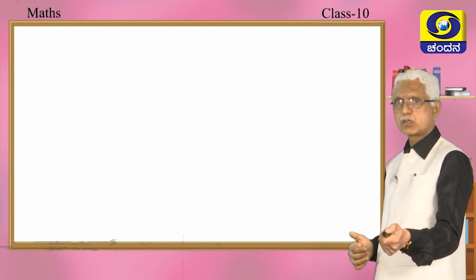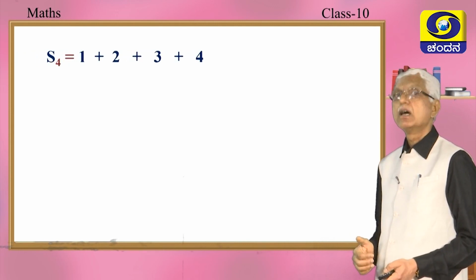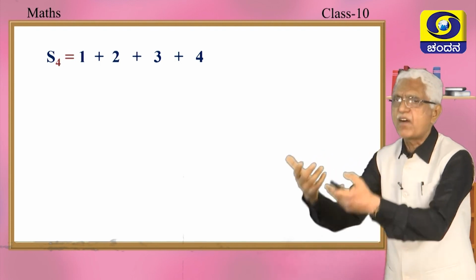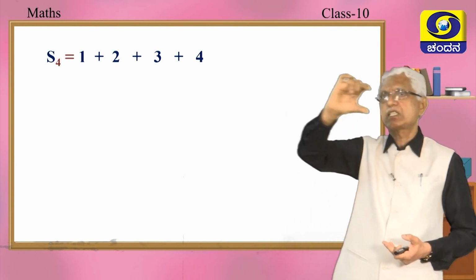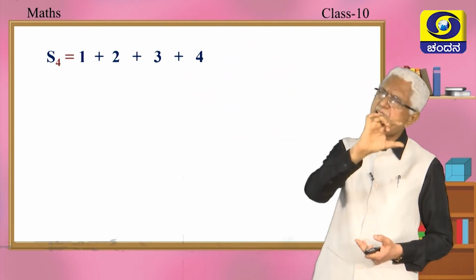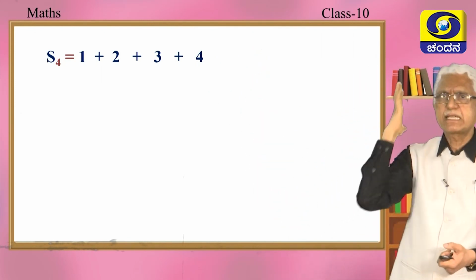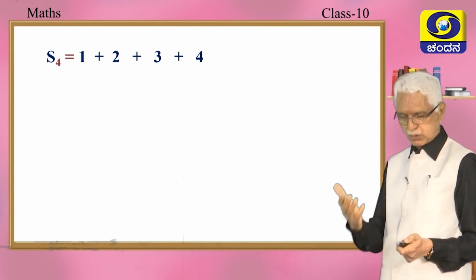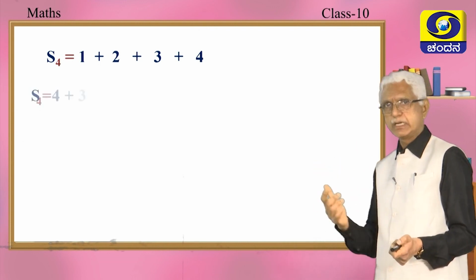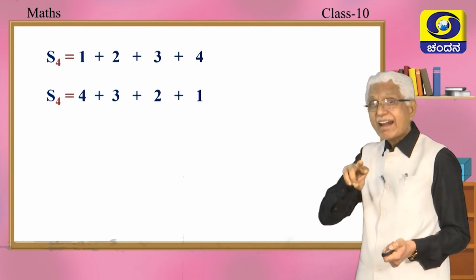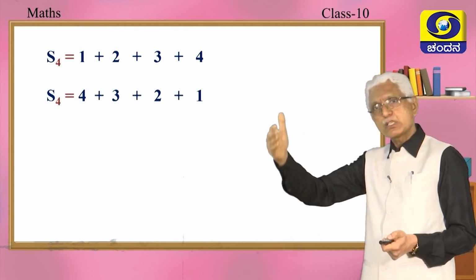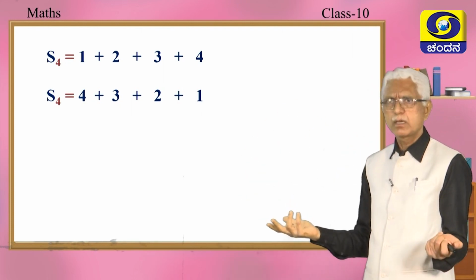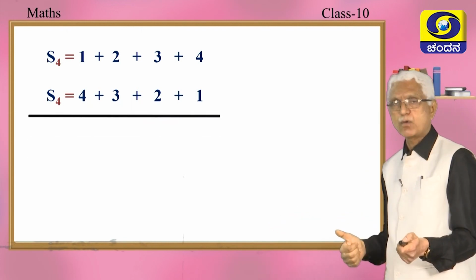Okay, what is in store for us next? Let us see. I think we are now in the process of finding some formula by which I can find the sum of any given arithmetic series. A simple example I am taking, my dear children. I want to find the sum of these 4 terms, 1 plus 2 plus 3 plus 4. Shall I write the same 1 plus 2 plus 3 plus 4 in the reverse order, 4 plus 3 plus 2 plus 1? Absolutely correct, no dispute.